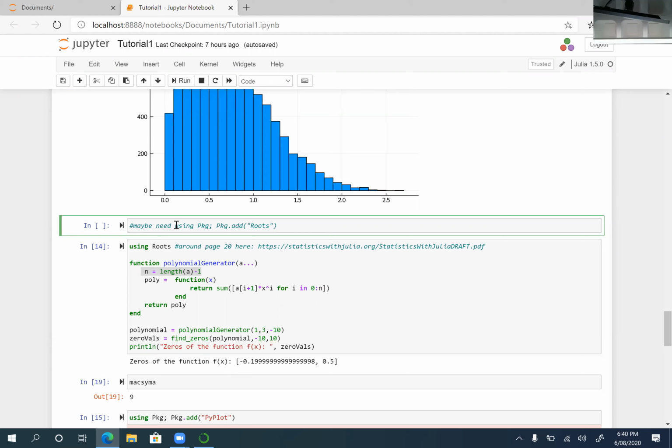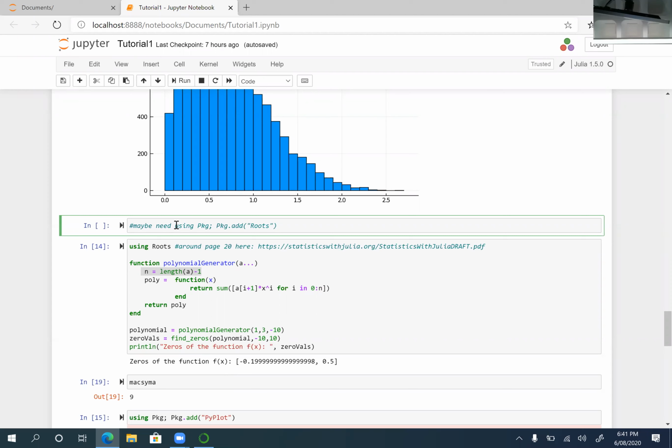Okay, so the idea is to basically build a polynomial from an array, and then we're going to find the roots of that. So that's why you needed to include the package Roots. Okay, so n is the length of a minus 1, because in a polynomial you've got a coefficient of x to the 0, right? And so if the degree of the polynomial is n, then there are n plus 1 coefficients in that